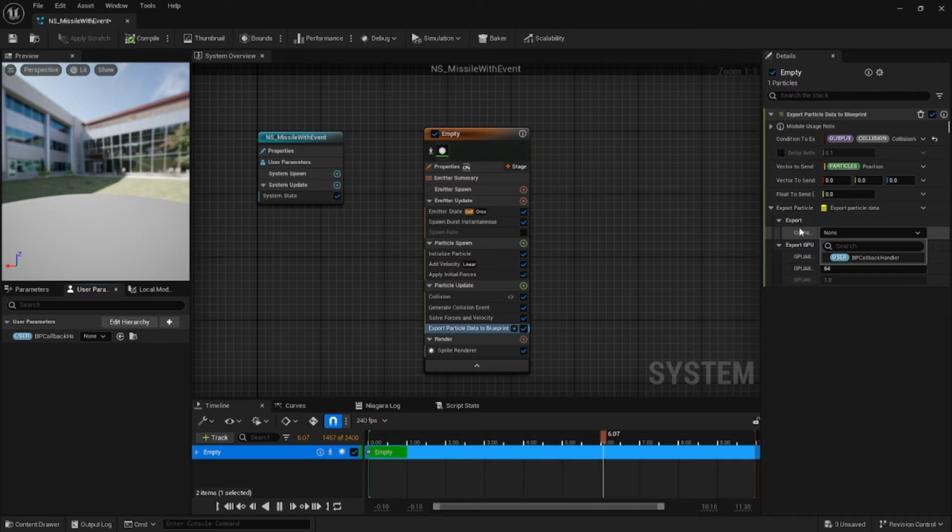While that's created, now we can go set that inside of here. So we're going to export this through this callback handler. Go ahead, compile and save. And for now, I think this is all we want. Let's go ahead and